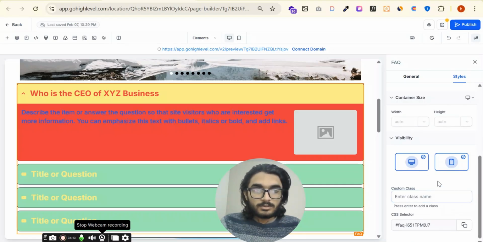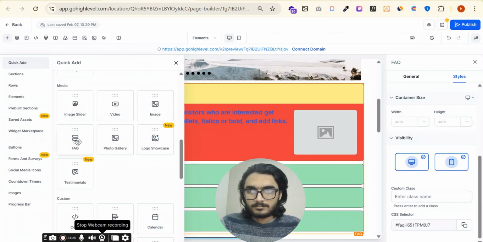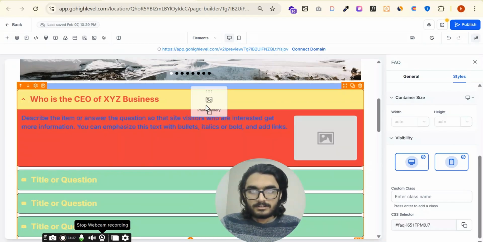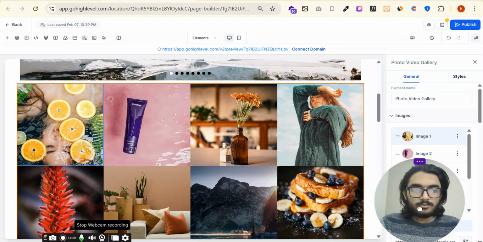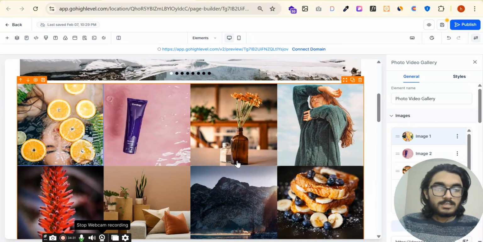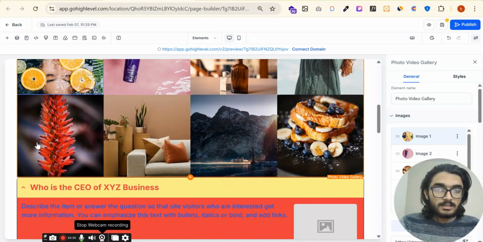You don't need to understand anything about this in more detail. So these are the custom class. You can understand this when we are covering the code section of the funnel development. So the next is photo gallery. So if you are developing an e-commerce funnel, you can add the photos of your product here,